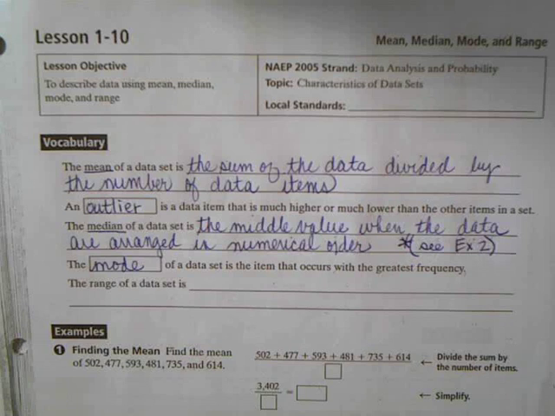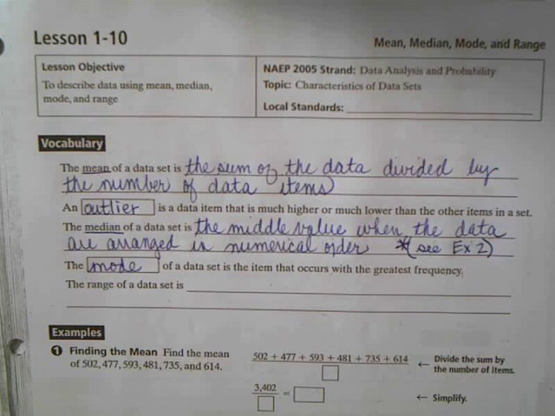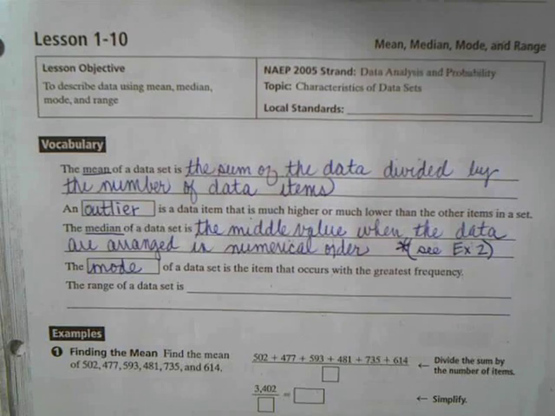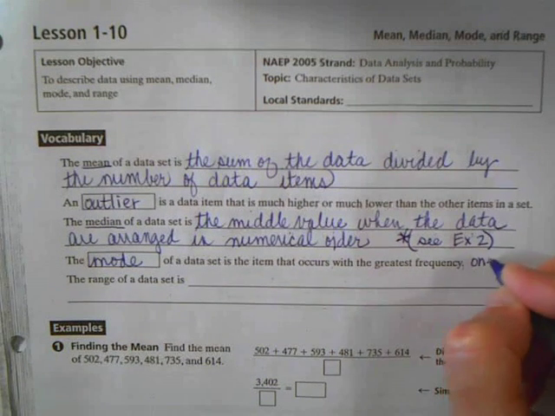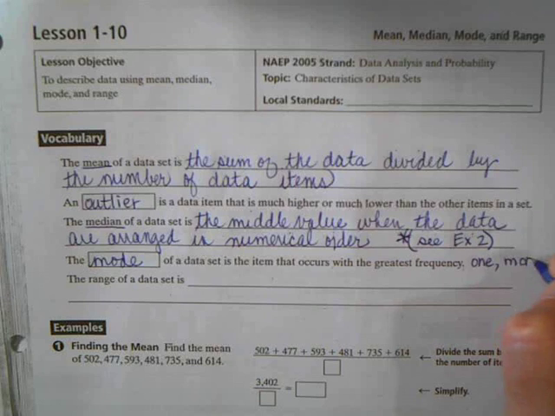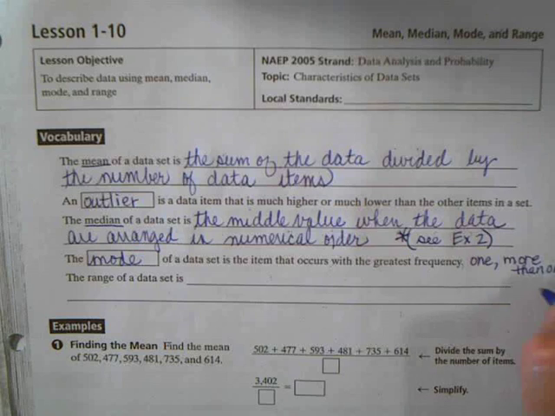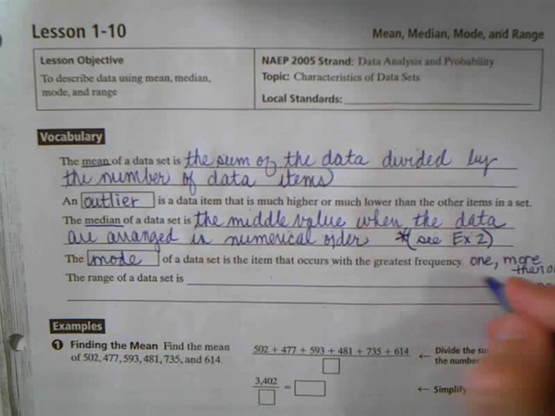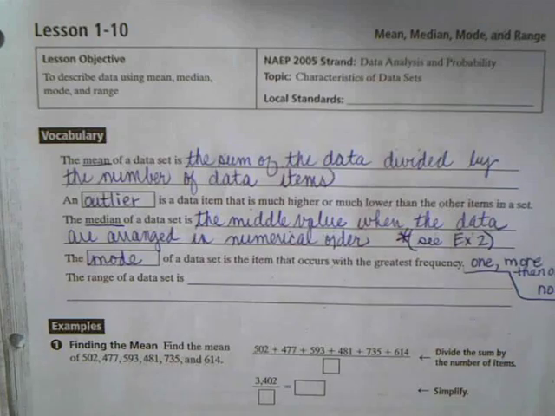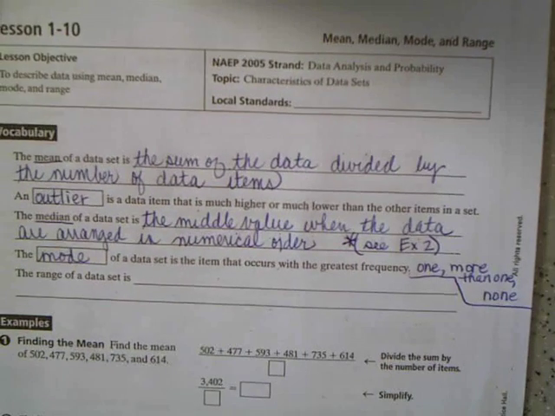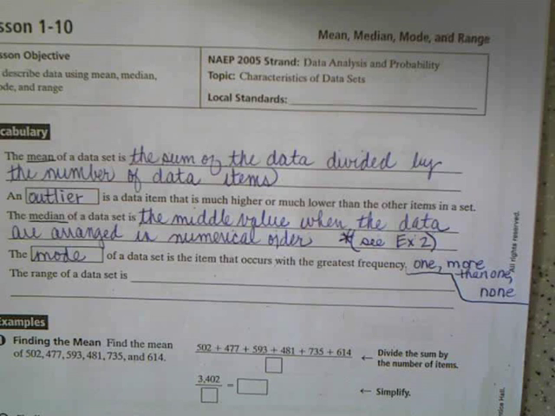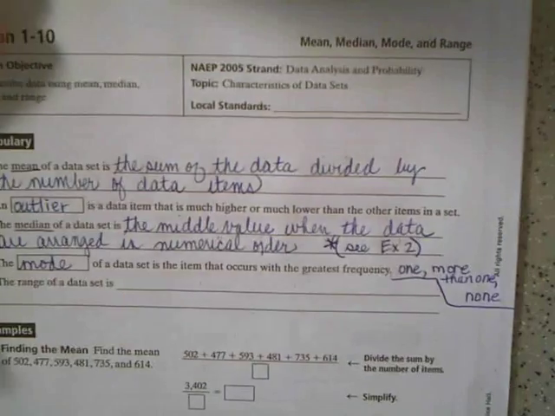the greatest frequency, or another way of saying the item that occurs most often. Now, you can have one mode, you can have more than one, or you can have no mode or none. So when it comes to modes, there's a variety of things that you can have. They didn't leave much room. Let me scoot that over. So sometimes you have only one mode, sometimes you might have more than one, and sometimes there are none. If I listed the numbers 1, 2, 3, 4, 5, there is no mode because each number appears an equal